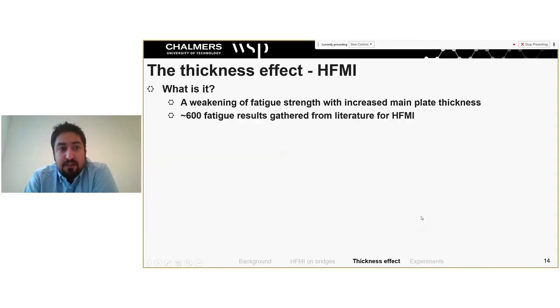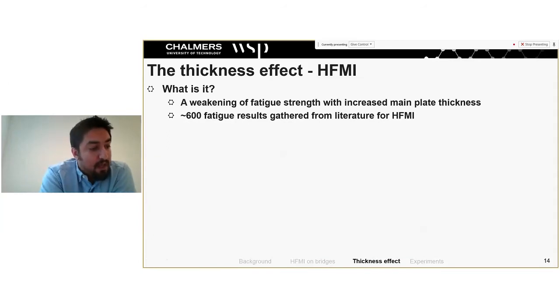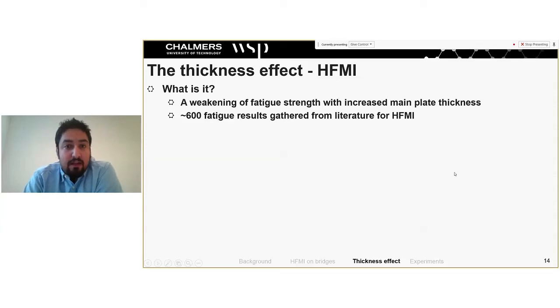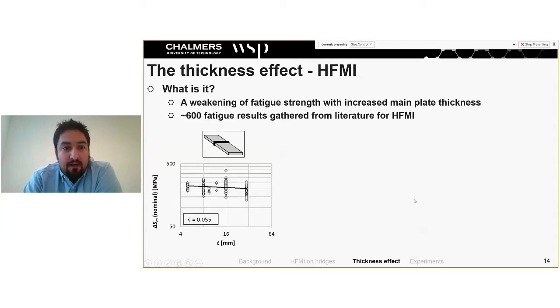So I gathered 600 fatigue results from the literature on HFMI treated details. And for this type of detail, I could then evaluate the fatigue strength as a function of the thickness of this main plate. This weldment is called a butt weld, and this value is a measure of how severe the thickness effect is. So what we can see is that it was very weak, actually, because